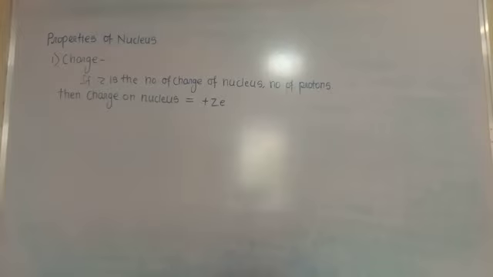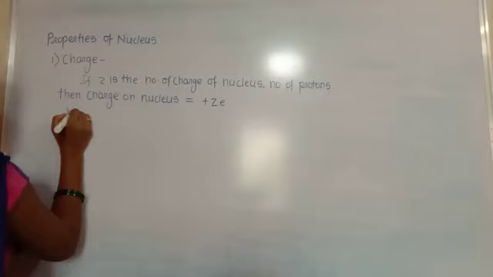So this is the charge on nucleus, plus Ze, where e is the